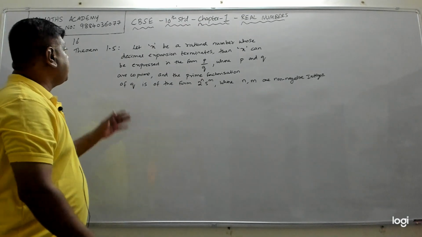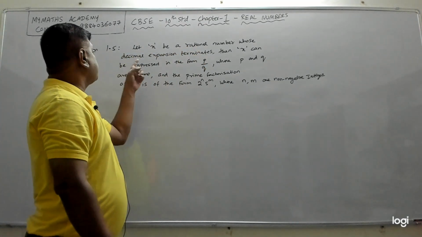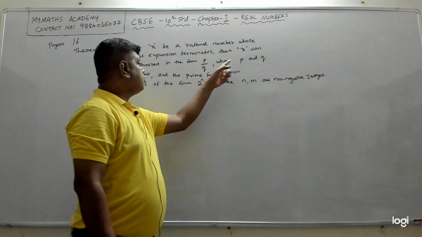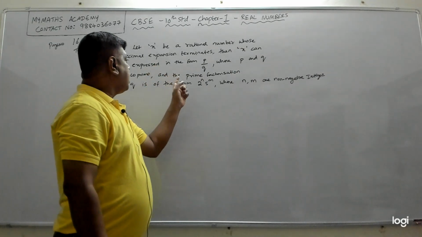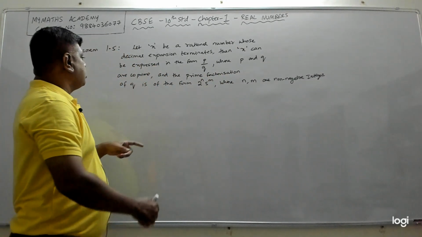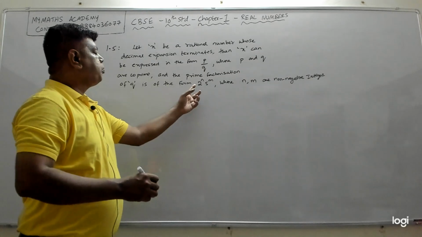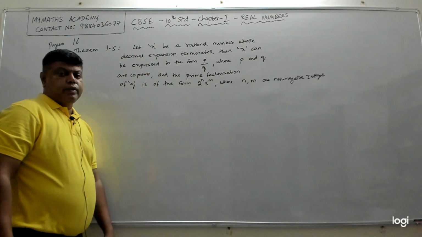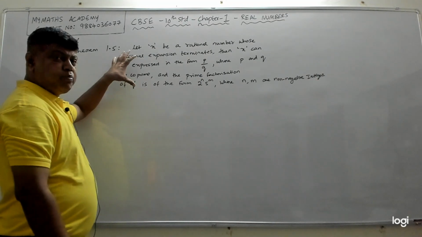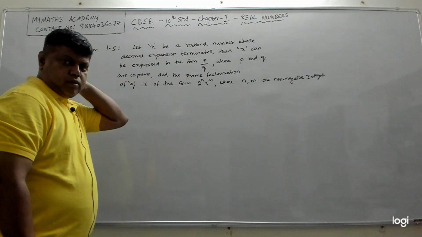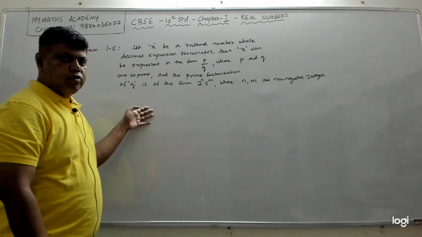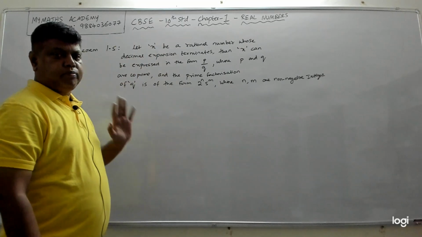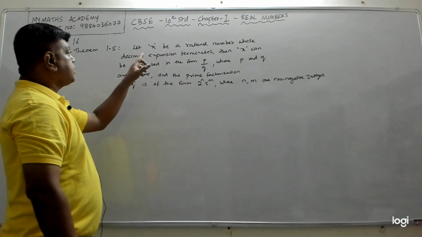So it says that let x be a rational number whose decimal expansion terminates, then x can be expressed in the form p by q, where p and q are coprime and the prime factorization of q is of the form 2 power n 5 power m, where n and m are non-negative integers. So now if you read this statement, it may be a little confusing. If I give you an example, then you can understand this theorem. Right? So what it says is x is a rational number